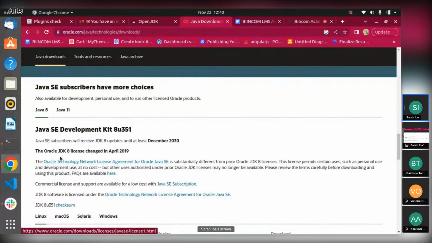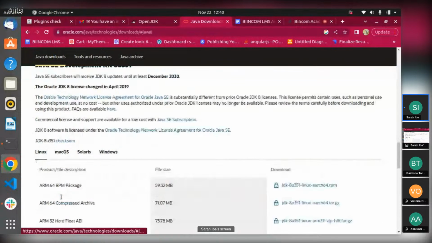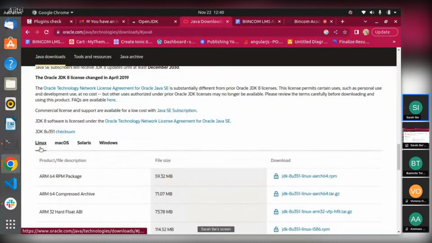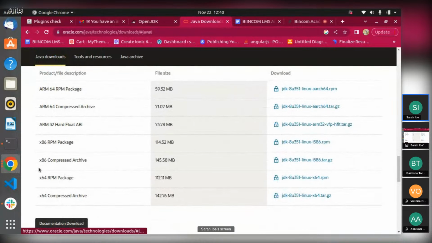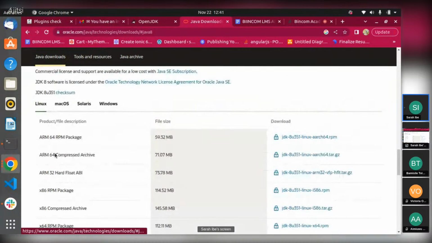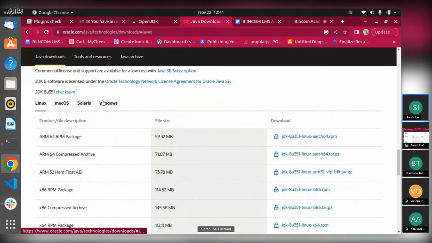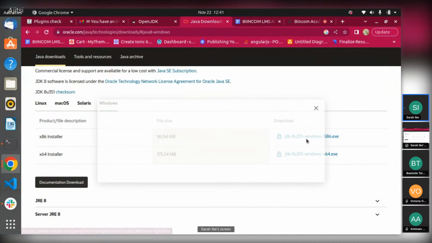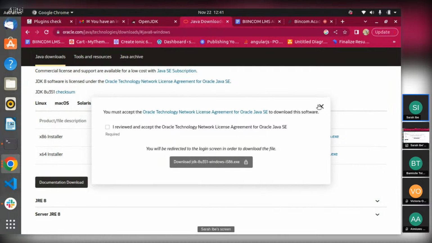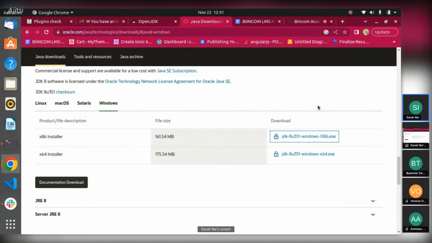So this is version 8, but then you come down based on your system. I use Linux. My system is 86, but I don't think that concerns you. So Windows, I don't know what your system description is. Either it's 32 or 64, so you download based on that. But one thing before you download is that you have to open an account with them. That's no problem. You just open an account with them and then you can download it.